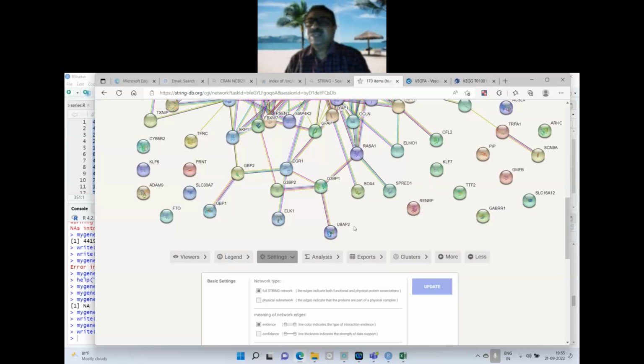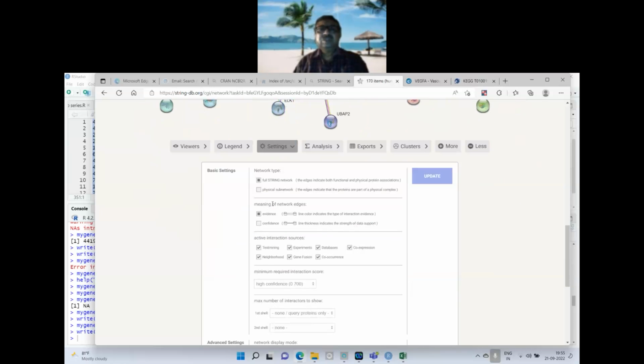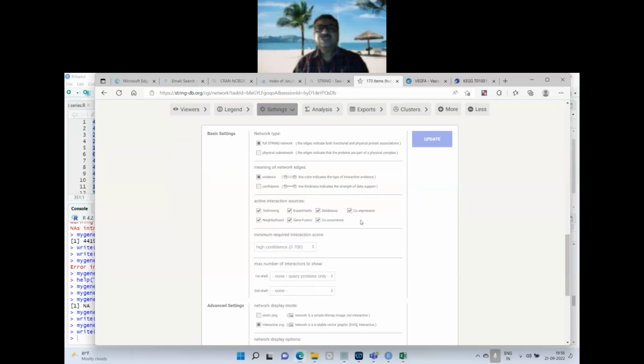What are these connections? So this is the meaning of network edges. So the line color indicates the type of interaction evidence. So they have different interaction sources, such as the text mining, experiments,